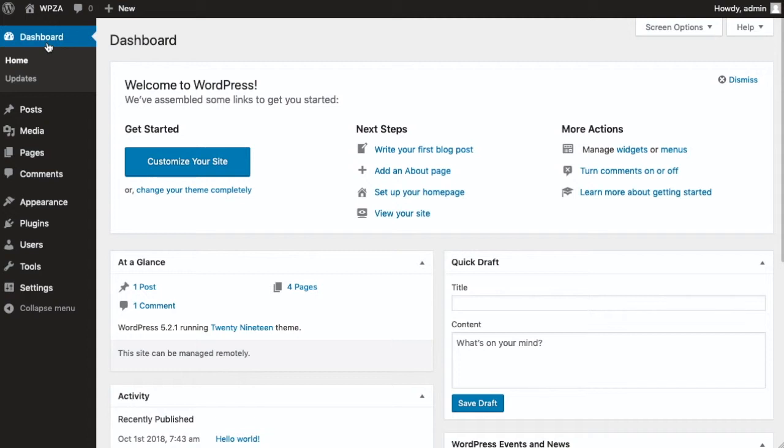If you're not an admin and you're just capturing, you may only end up working with posts, media, pages, and comments. That's all you'd be working in. And sometimes you may even log on and all you'll see is posts and media. So yes,